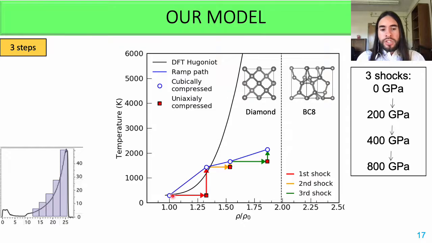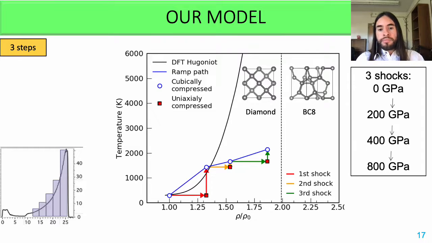We start at ambient conditions, compress to the next density, uniaxially and isotropically compressing the sample. We get the energy difference and we heat up. Then from this point, we do another uniaxial and hydrostatic compression, calculate the energy difference and heat up. And then the same thing in the 3rd step. And as you can see, the resulting temperature here, which at this density corresponds to 800 GPa, is way below the Hugoniot temperature. So we are approaching something that is closer to the isentrope and definitely below the Hugoniot, which